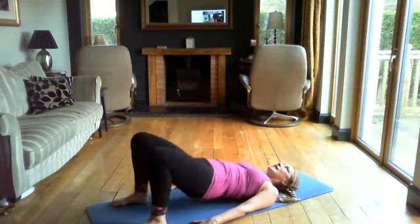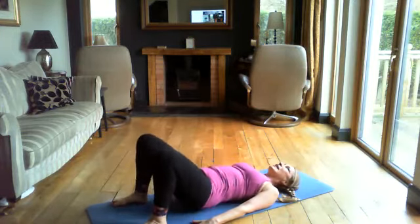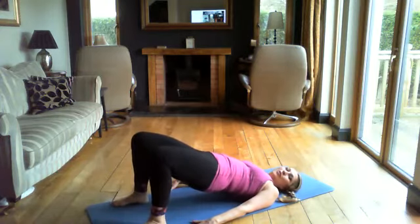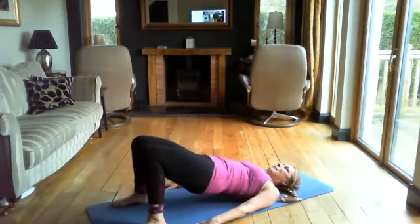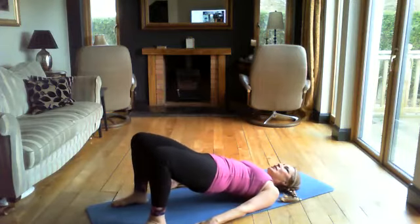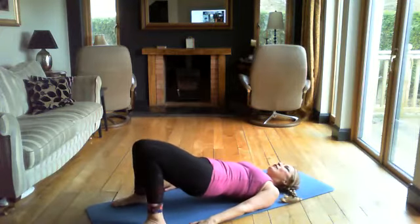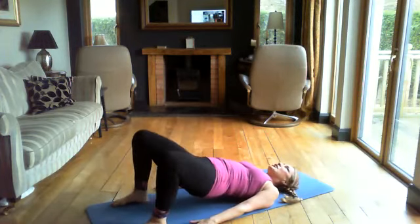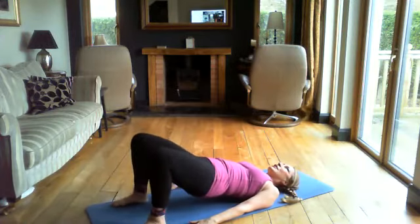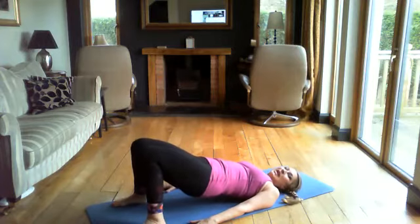And let's go 6, tap and 5, tap and 4, squeezing every time, 3, 2, okay, hold it again, 5 more seconds, hold here, and we're going to squeeze those open knees together and then open them back to that position, squeeze, open back to that position, squeeze. Now as you squeeze your thighs, you're also squeezing your pelvic floors, you're also getting right down to those lower abs as well, right down to the baby ones, right at the bottom. Let's go 1, 2, keep your bridge up, don't let it drop down,